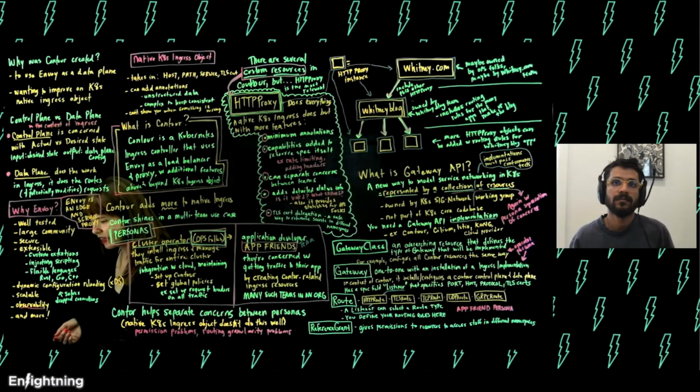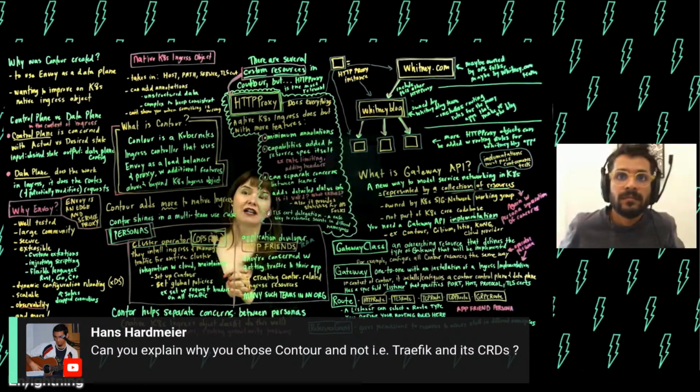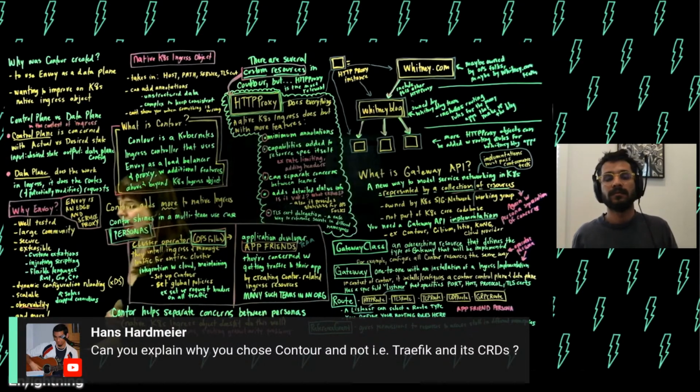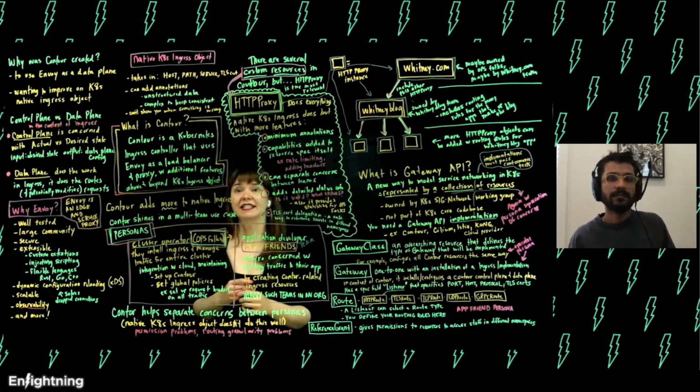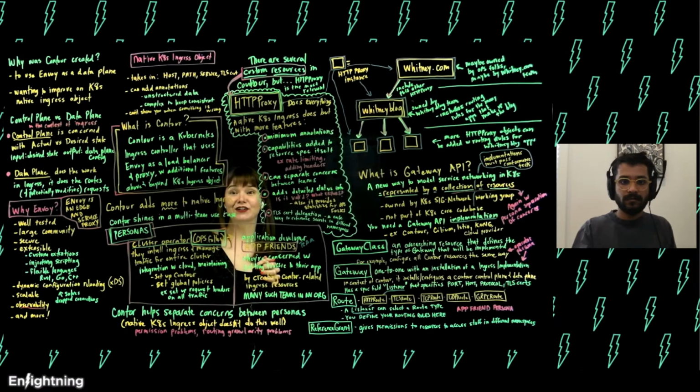And then we have a question from Hans. Can you explain why you chose Contour and not Traefik? Why I'm choosing to do this episode on Contour? Well, I'm doing episodes on every CNCF Ingress option. So I've already done an episode on Emissary Ingress, and I did one yesterday on Ingress NGINX. And then Contour is the third CNCF option for implementing Ingress. And so that's why I'm doing Contour today. And I'm happy about it. This has been a really great episode.